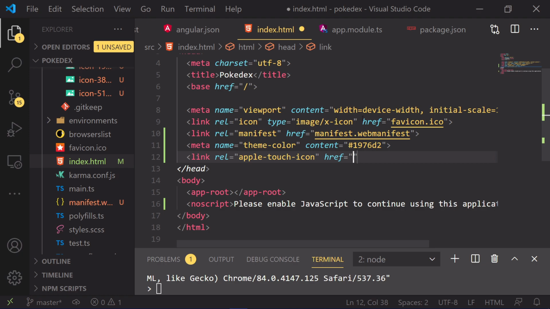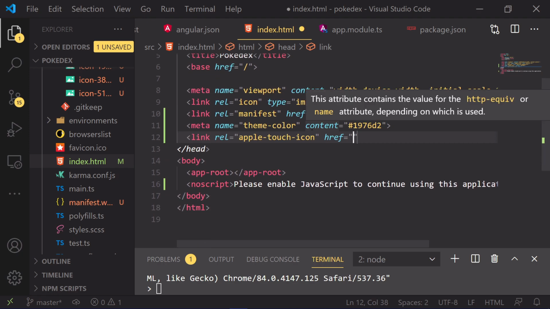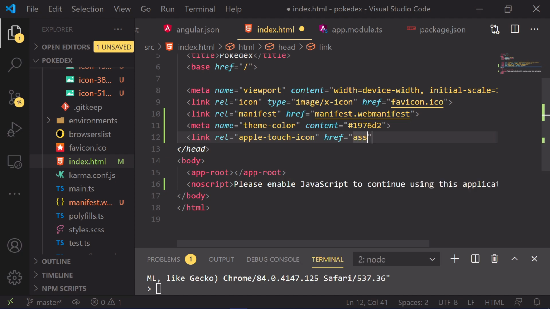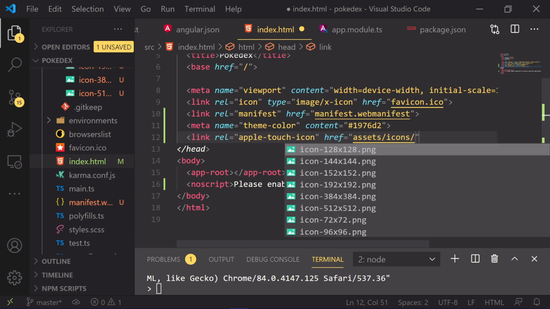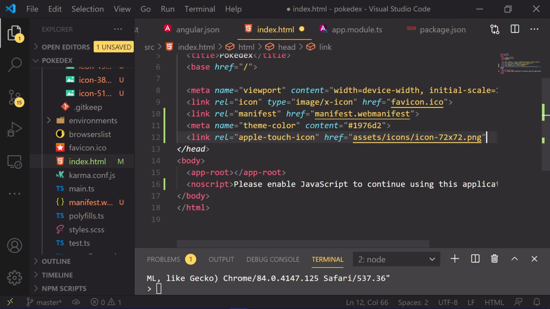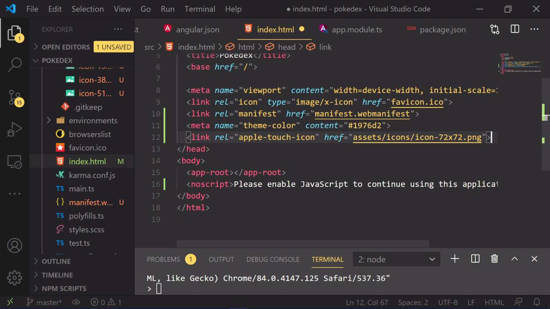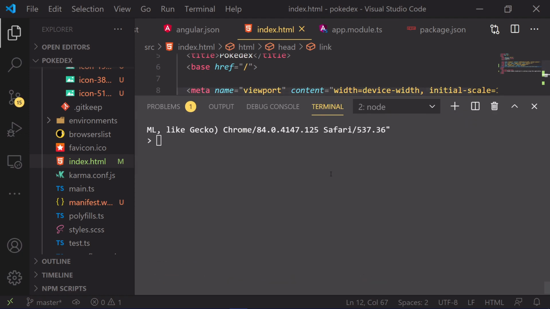I'll be using the assets png. I can use any of these icons, so I'll just go with the lowest one, so that would be better. And that's it. So this is the line which I have added. Now let's run again and see if that issue goes away. I'll stop this and again do npm run pwa.